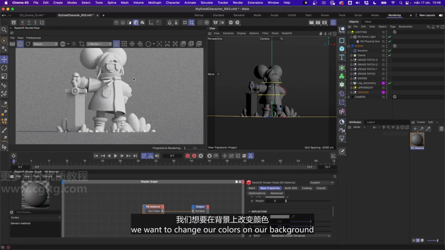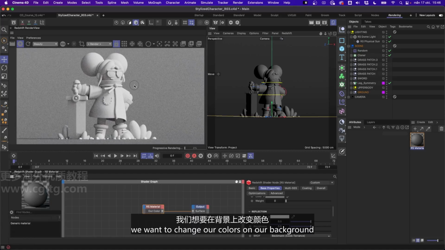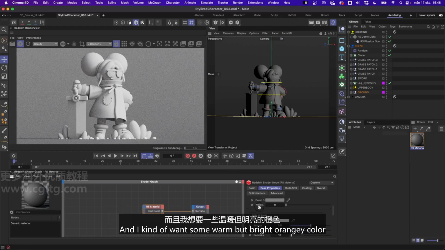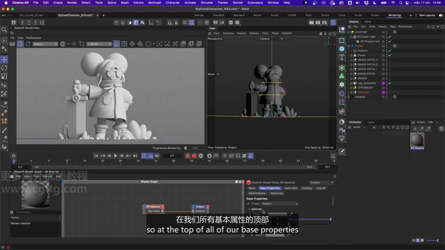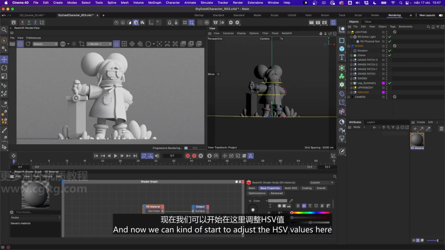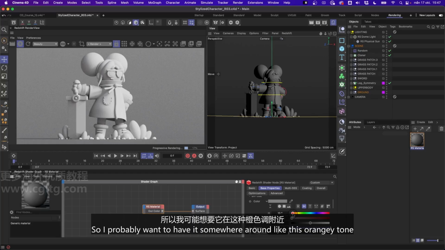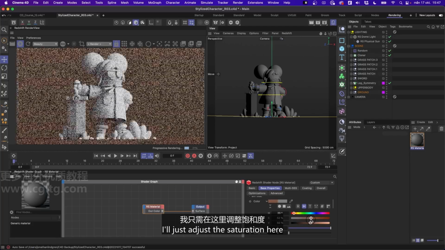And obviously we want to change our colors on our background. And I kind of want some warm but bright orangey color. So if I just come up to diffuse here, so at the top of our base properties, I can just expand the arrow here next to the color, like that. And now we can kind of start to adjust the HSV values here. So I'll probably want to have it somewhere around like this orangey tone. I'll just adjust the